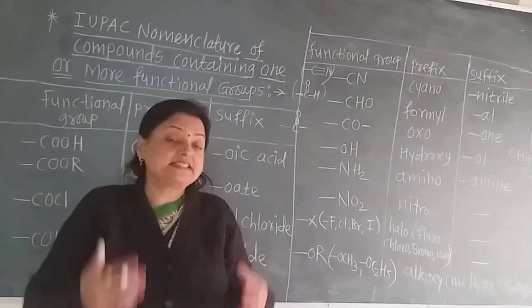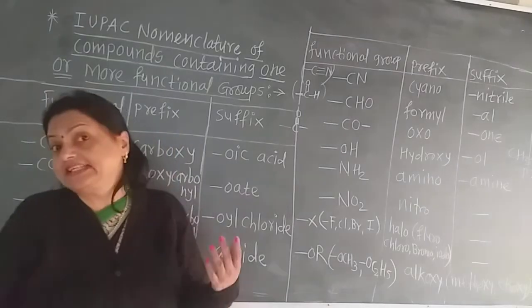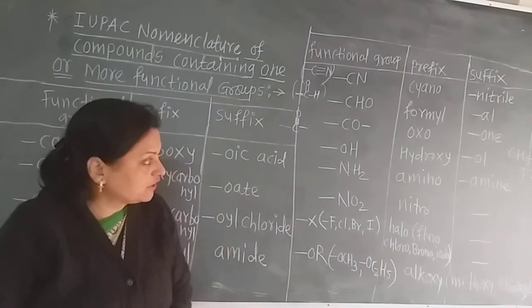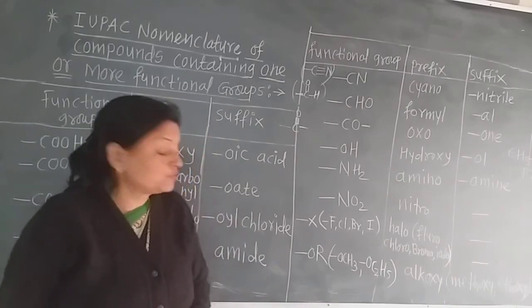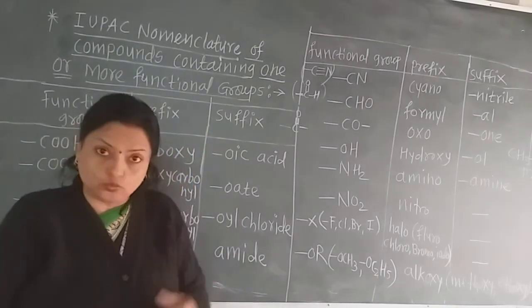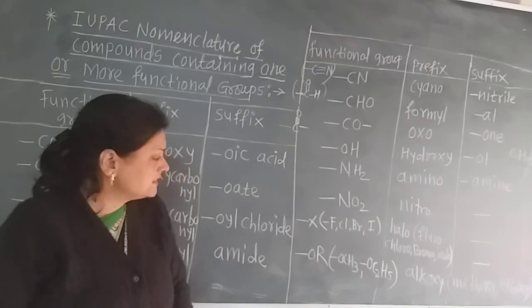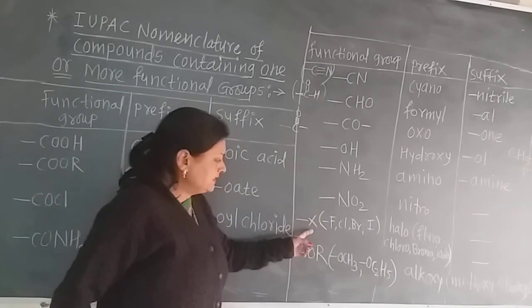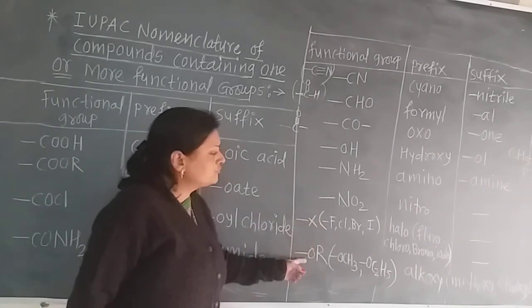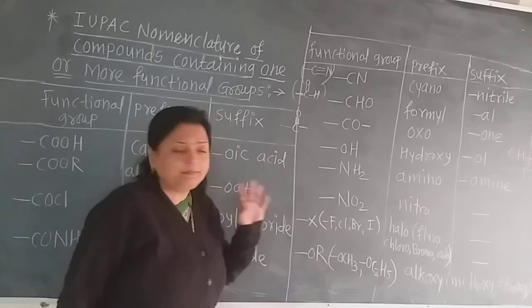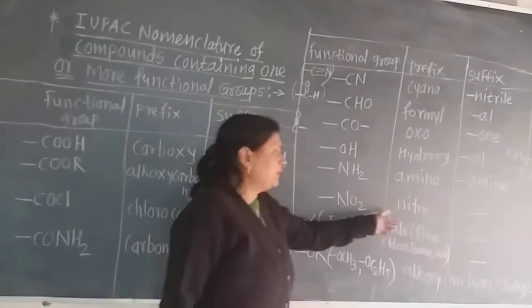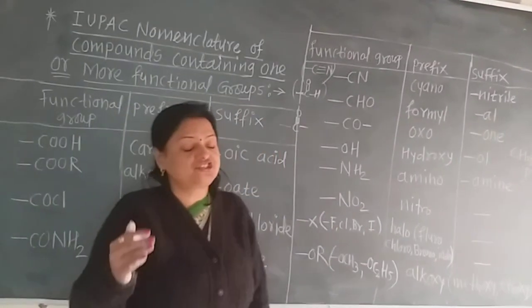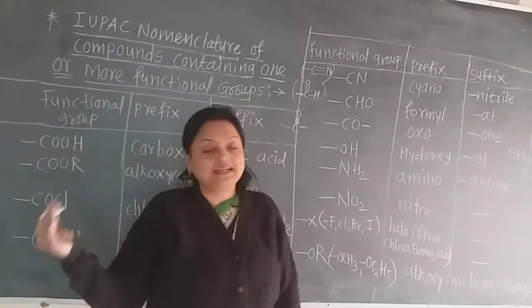C2H5NH2, that is CH3CH2NH2, we call ethanamine; that is the suffix. And if there are 2 different functional groups, then the prefix used for the amino group is amino. Now the nitro group, the halo group and the alkoxy group, all these 3 have only the prefix, not the suffix. The NO2 group has the prefix nitro, just as in nitroalkene, we know that.